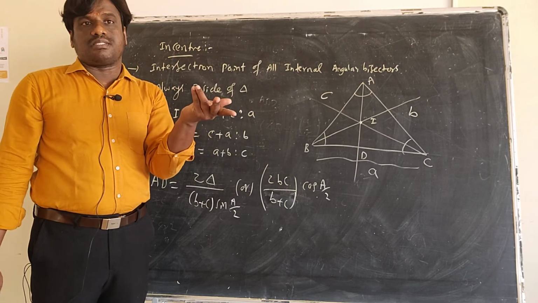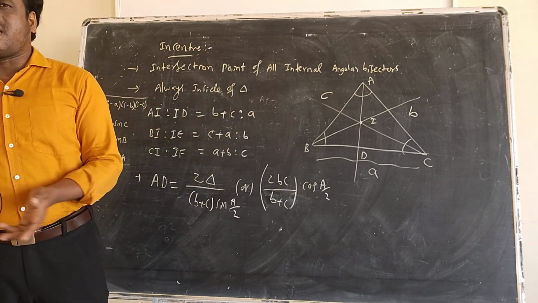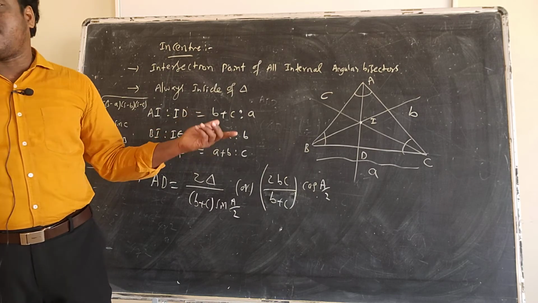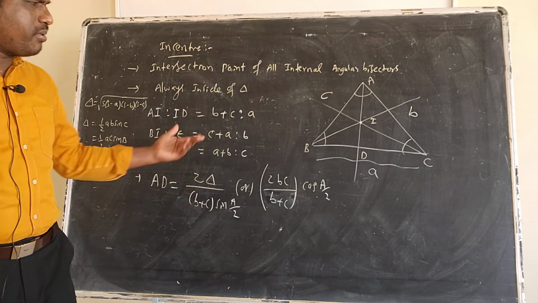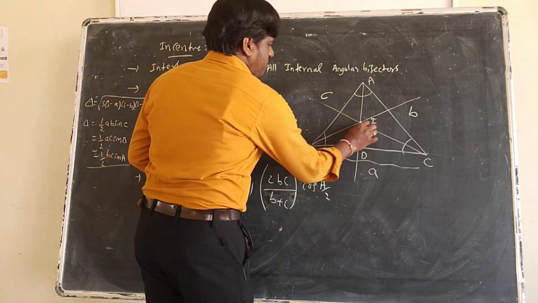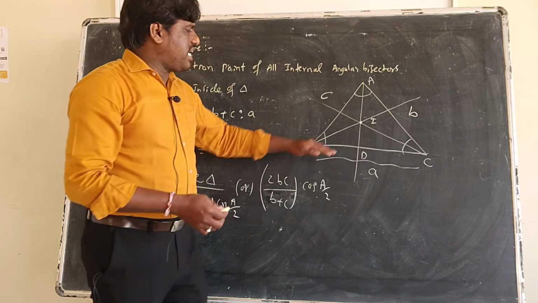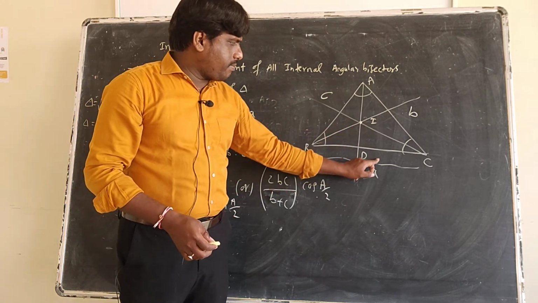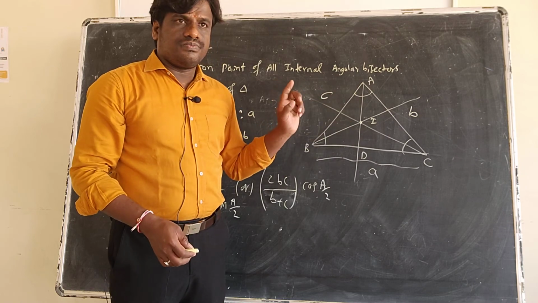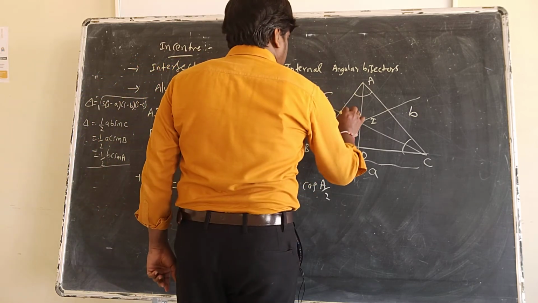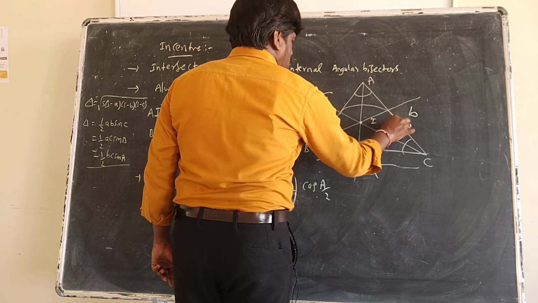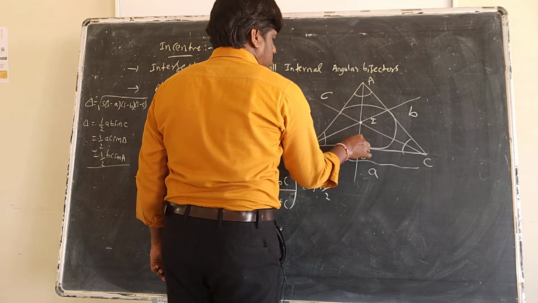If you want the proof, I will explain. It's up to you, like I explained the centroid and median. It is a simple proof, not a difficult one. You know the area of the triangle formula. What is the area of this triangle? You don't know? Okay, I'll explain. Here the incenter will be what? The incircle means the circle which touches all the sides from inside, like this.